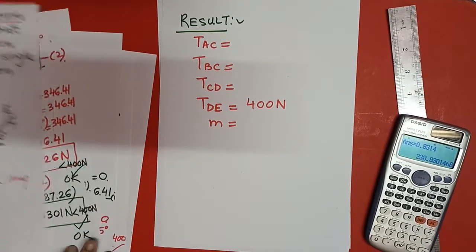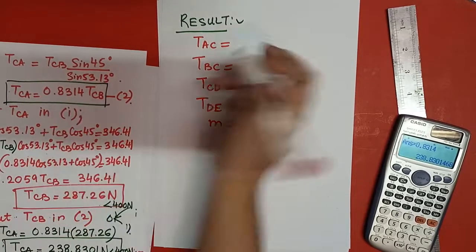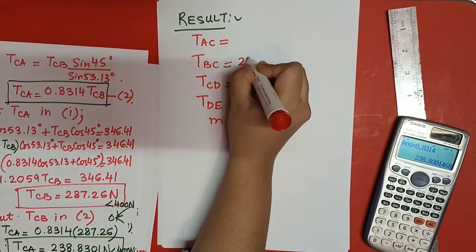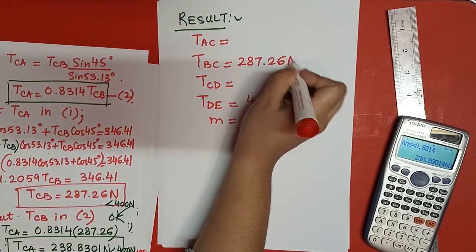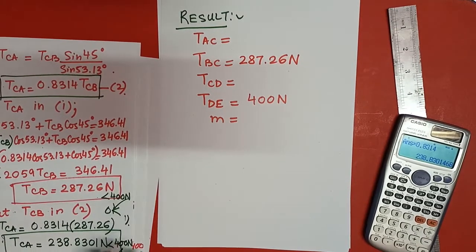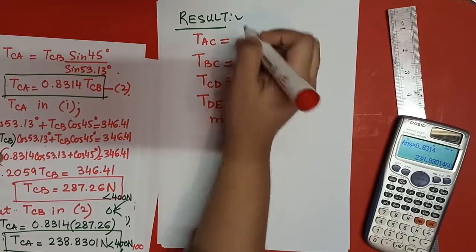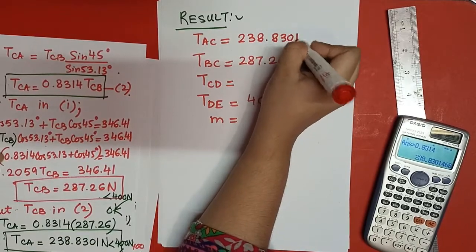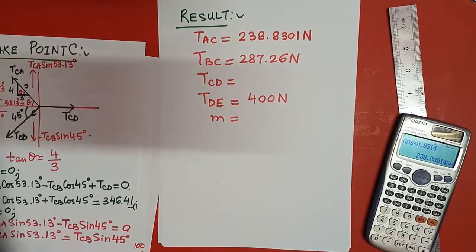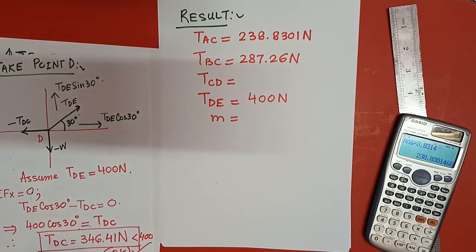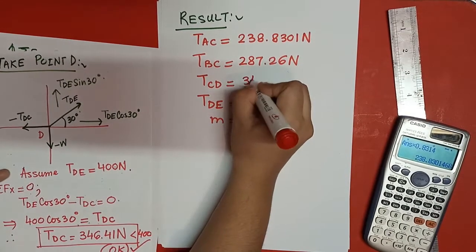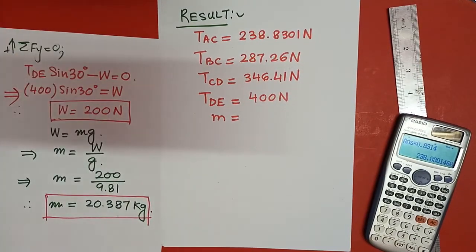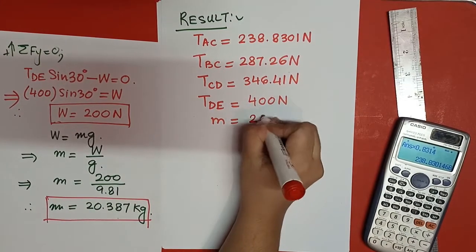The value of TCB or TBC is 287.26 Newton. TCA or TAC is 238.8301 Newton, and the value of TCD which we have calculated is 346.41 Newton, and the value of the mass which we have calculated, which is asked in the question, is